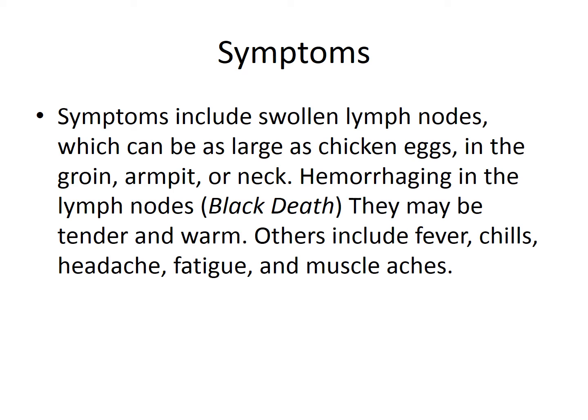And within those lymph nodes, they will start to hemorrhage, and those lymph nodes then will get very dark, almost black, and that's where the nickname for the plague, we'll call it the Black Death, comes from, because if you would get these lymph nodes that would be swollen like that and they would turn black, you would know pretty much that you had